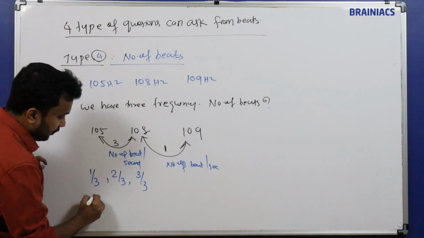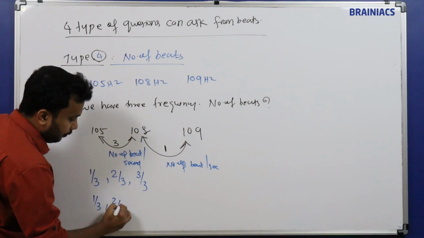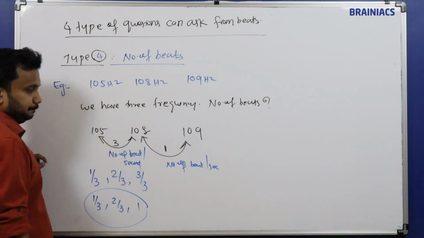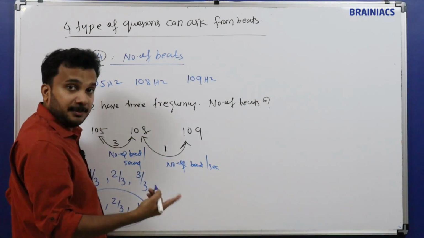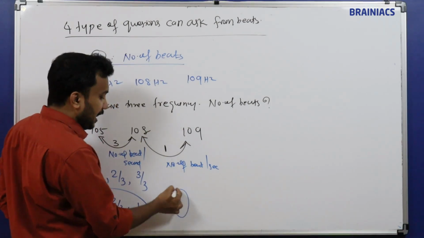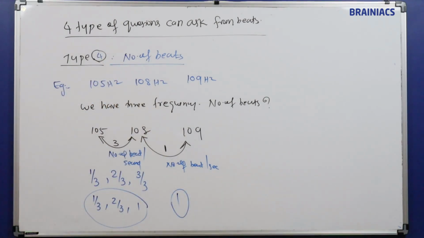ഇതിനെ സിംപ്ലിഫൈ ചെയ്യുമ്പോൾ വാട്ട് വിൽ വി ഗെറ്റ്? 1/3, 2/3, 1. ഇങ്ങനെ 3 ബീറ്റ്സ് ആണ് ഇതിൽ നിന്ന് പ്രൊഡ്യൂസ് ചെയ്യുന്നത്. ഇനി ഇതിൽ നിന്ന് പ്രൊഡ്യൂസ് ചെയ്യുന്നത് 1 സെക്കൻഡിൽ 1 ബീറ്റ് ആണ്. സോ ജസ്റ്റ് only 1. ഓക്കെ, അപ്പോൾ ഈ 3 വേവും കൂടി സൂപ്പർ ഇമ്പോസ് ചെയ്യുമ്പോൾ